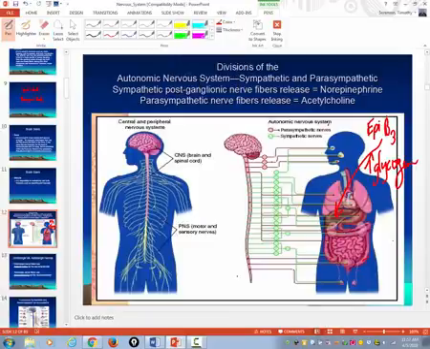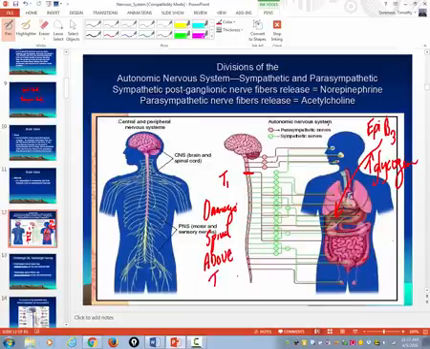Typically, the nerves of the sympathetic nervous system start at thoracic vertebrae number 1. Are you with me? That's the sympathetic nervous system. So if you damage your spinal cord above T1, can your brain communicate with your sympathetic nervous system? No. So what happens in people when they have a high spinal cord injury, what does